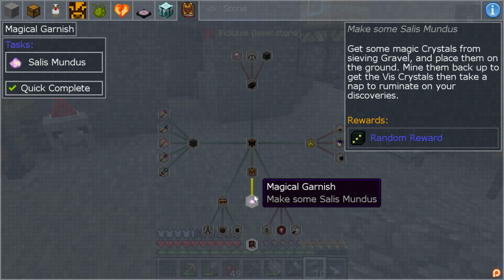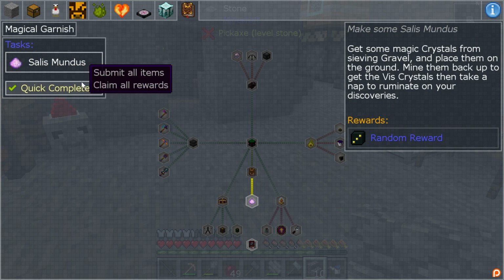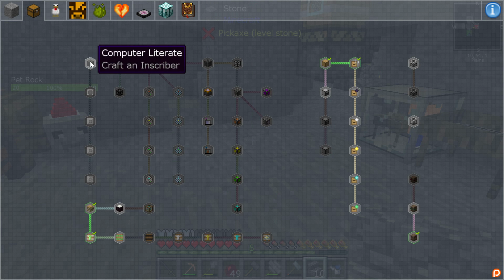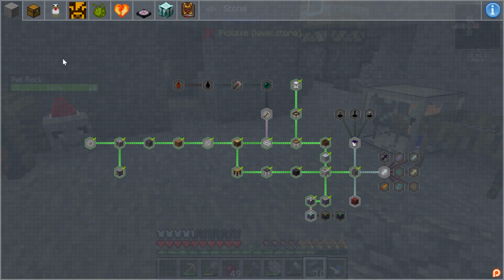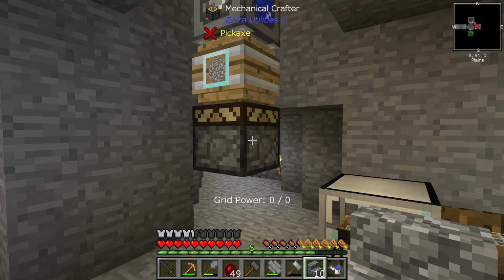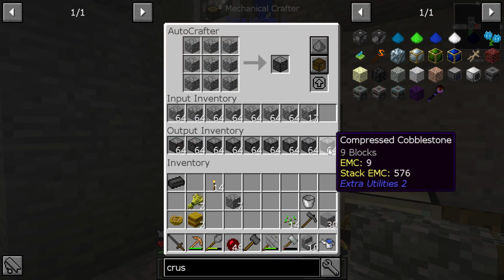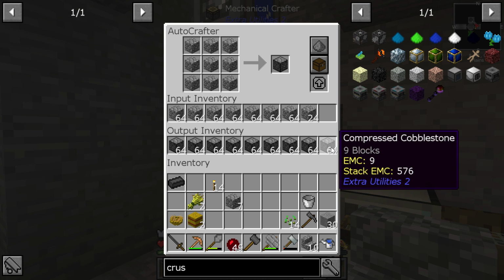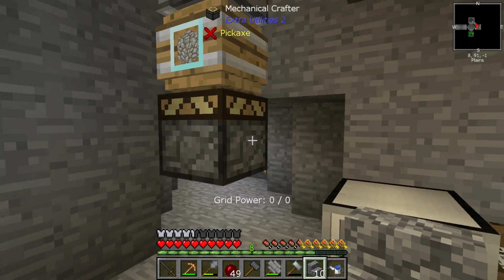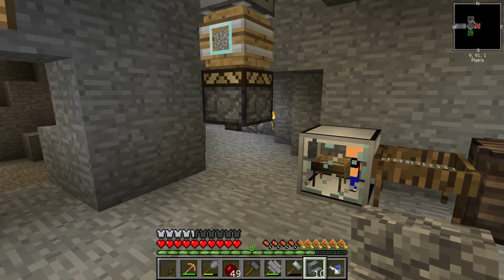We'll see next time if we can perhaps just make the first steps on these quests. Inscriber also. And if we can make those first steps, maybe it will point us in a better direction. Like, we're kind of there. At this point, we've got our compressed cobblestone ready to be hammered down into compressed gravel,